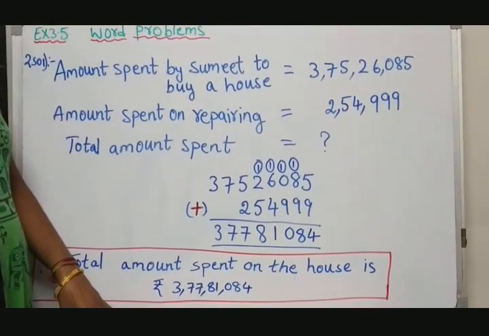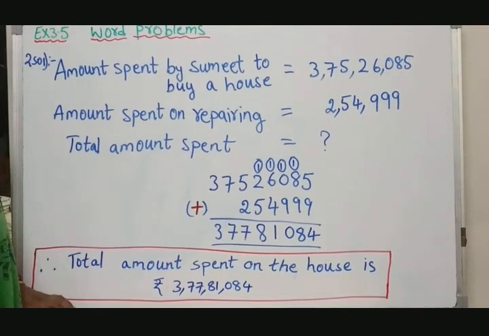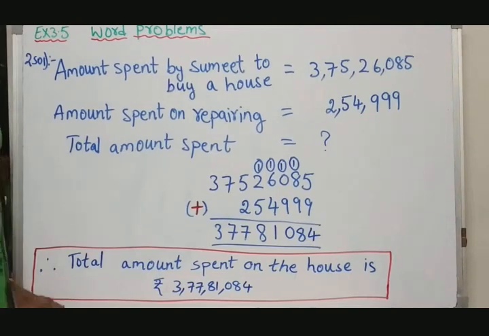In a word problem, first, identifying the keyword is very important. So, in this word problem, we identify the keyword is total. See children, sometimes we may not find the keyword directly. The sentence may be indirect. So, we have to read the question twice, understand the story and identify the operation. Now, let us see how to write the statements. Writing statements is a little bit confusing for some children, but I'll tell you the easy way.